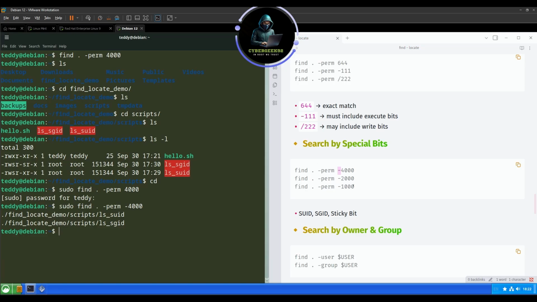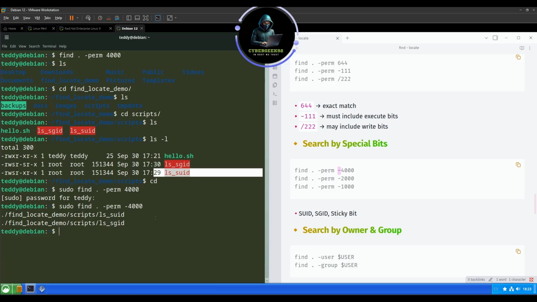Maybe I should create a permission special bit video, just to give a little bit of background on special bits. So for the SUID, the SUID pretty much lets someone run a program that they did not create. For example, the passwd file that we have in the system, even though most people who are running it are not the creator of it, because it has a SUID bit in it,